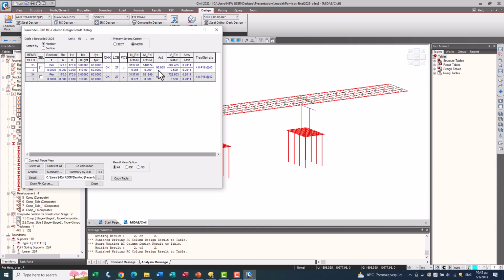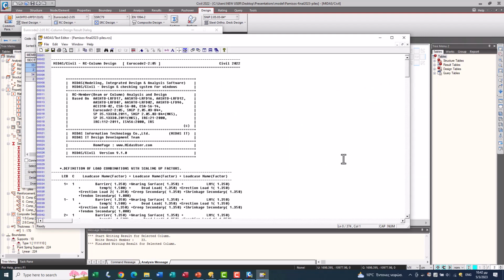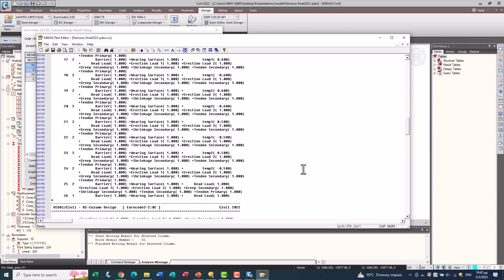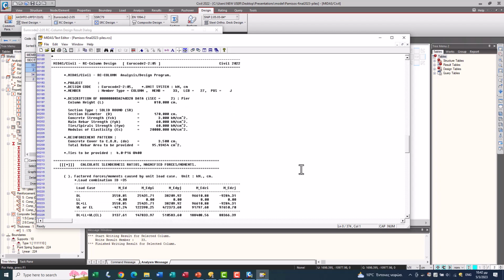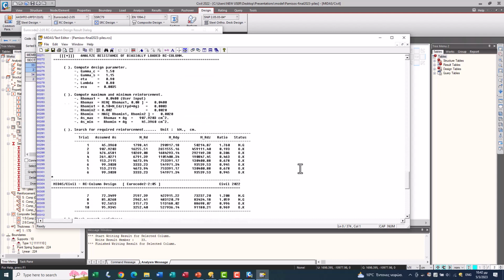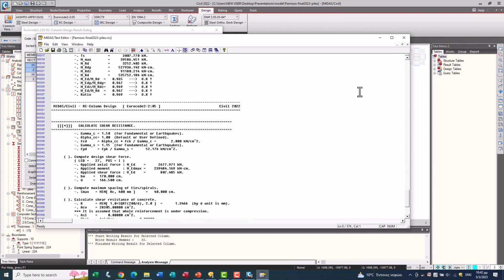We need 95 centimeters for the section, and also we can see the detailed report with all load cases and all the calculations in an elegant form.